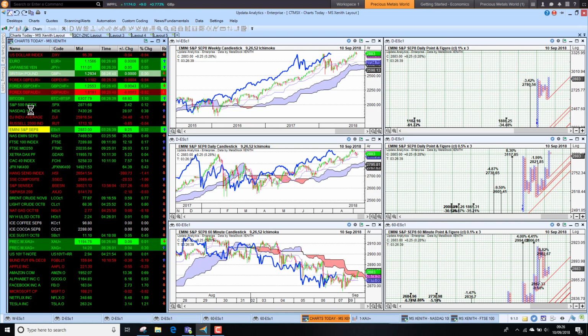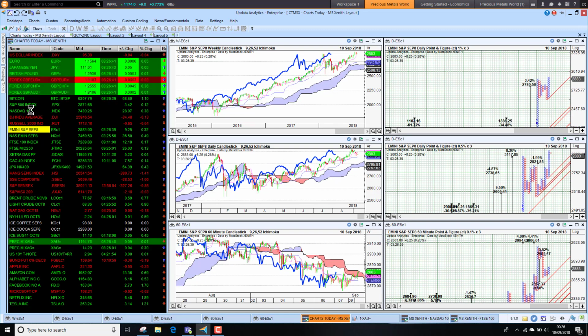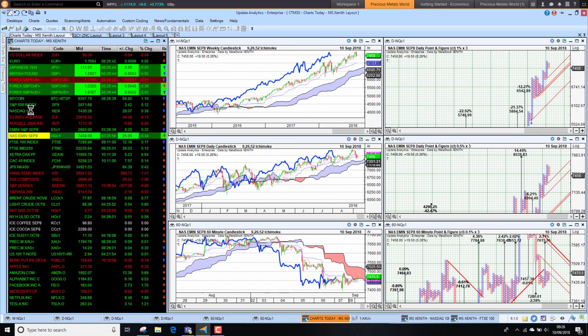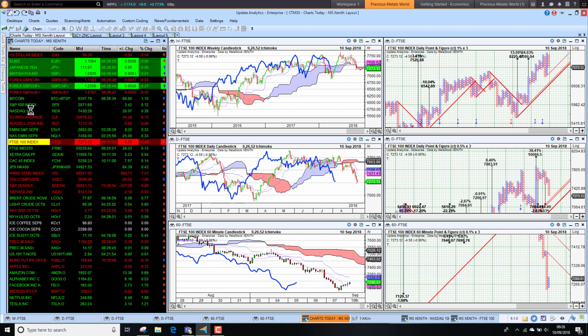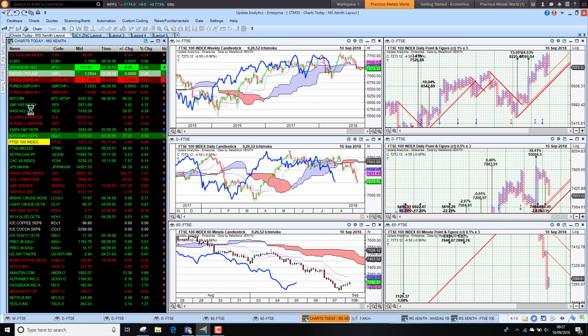The futures this morning looking a bit stronger. The S&P future up about 1/4%. The same for the Nasdaq E-mini. In bearish territory, of course, on that short-term chart, but it does look like we might see the US market open a little bit higher. The UK market still looking pretty dire. Started a bit stronger this morning, but already falling away.